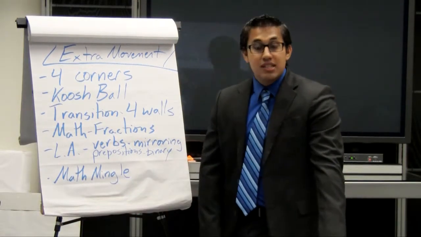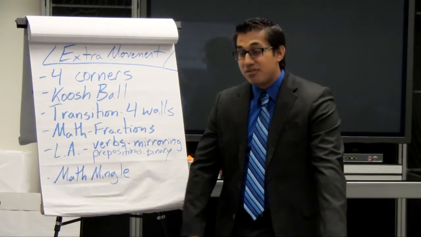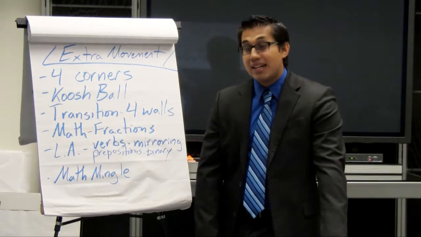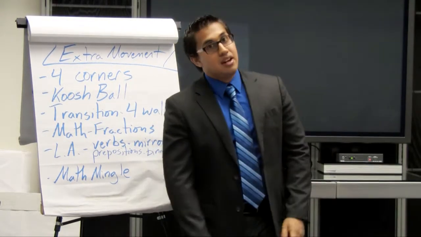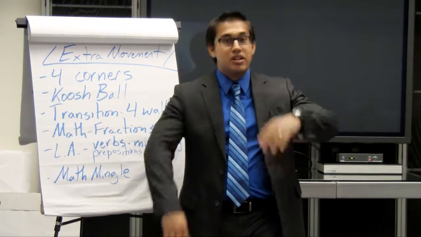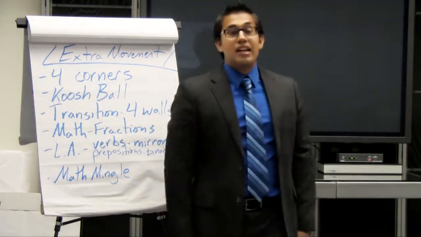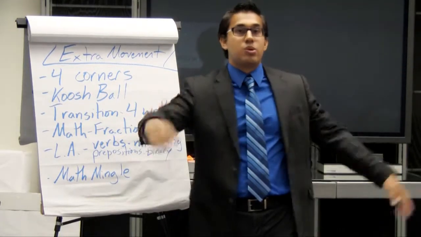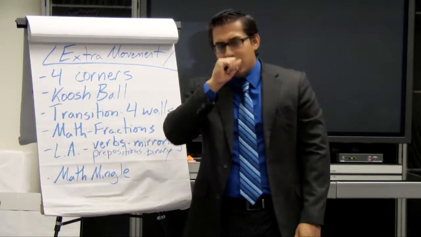Four Corners is basically kind of like the game Hide and Go Seek. You have one person at the front of the class, their back is towards everyone, they have their eyes covered, they count down to 10. Or excuse me, they count from 10 down to 1. 10, 9, 8, 7, 6, 5, 4, 3, 2, 1. As they're doing that, everyone else in the class is heading over to a corner. The person in control, kind of like the Hide and Go Seek game,